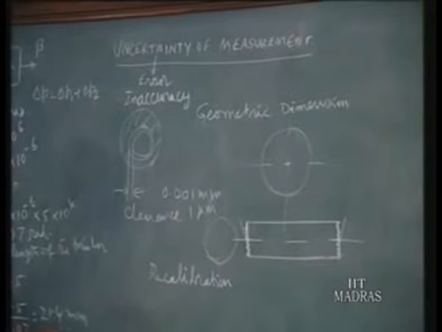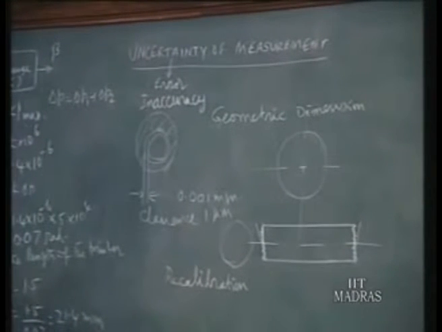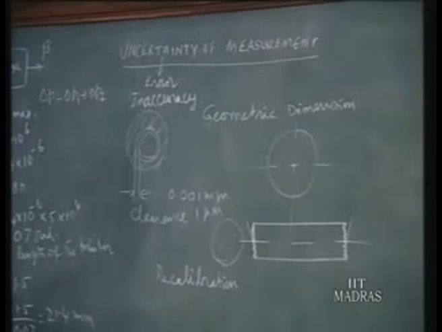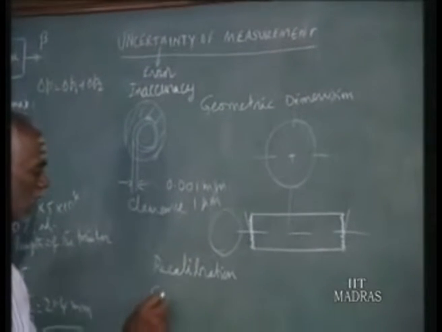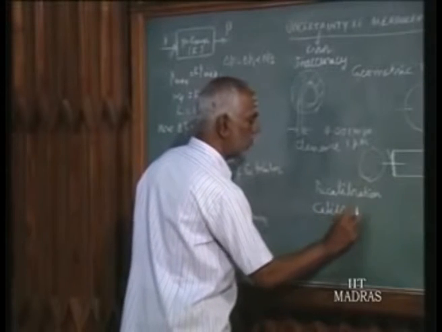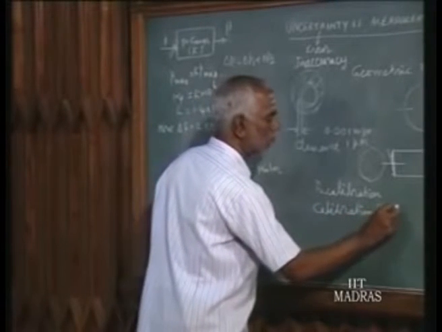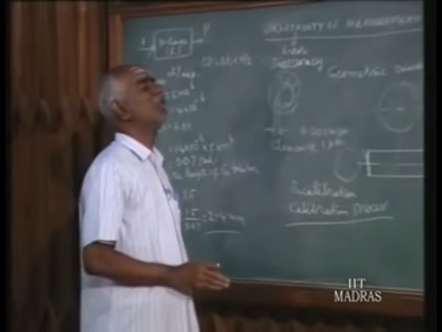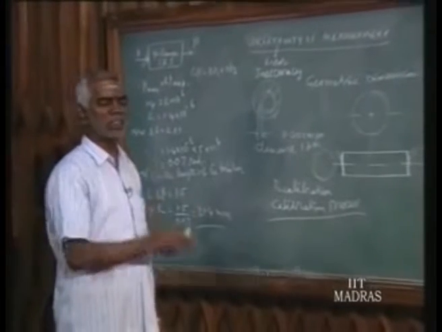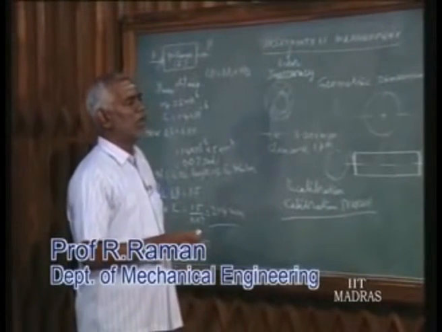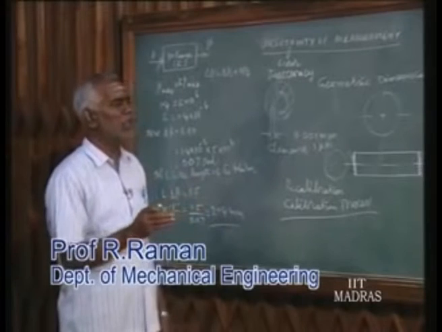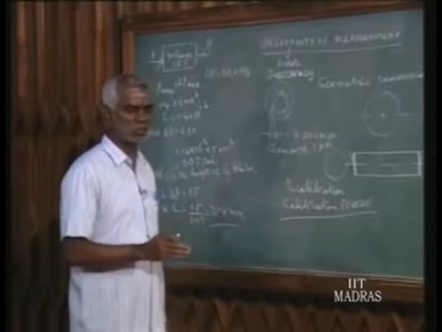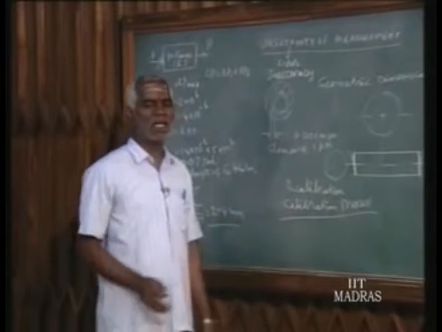Or when we make an instrument for the first time, again the scale of the instrument is to be calibrated. For that purpose, we have the so-called calibration process. In this process, we have to realize the same atmospheric conditions in which the instrument is going to be used, because whatever error we claim, say within plus or minus 1%, holds under certain atmospheric conditions. Those conditions are to be realized for the calibration process.